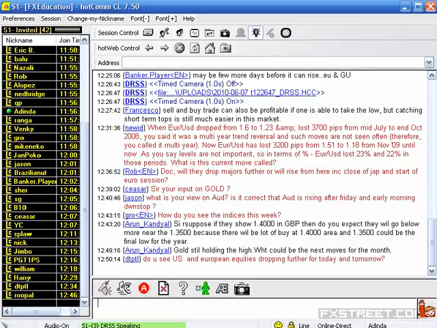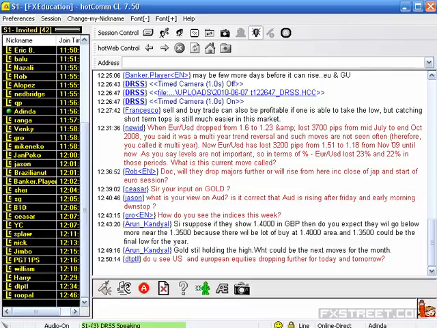Then, will the majors drop further or rise from here? Close of the Japanese and start of the European session. When I explained the start of the European session, they are expected to make a drop and then subsequently gain. So the drop will indicate how much panic they wanted to create in the market. If they are not dropping during the early European session, understand that traders have already taken sell positions. Don't try to add more sells to the market. When somebody is buying, keep it in mind. When we are all selling or buying, somebody is acting against us. Keep that in mind and act accordingly.